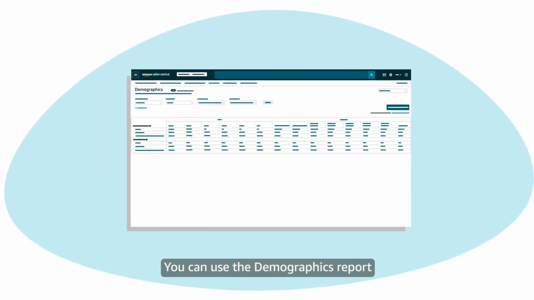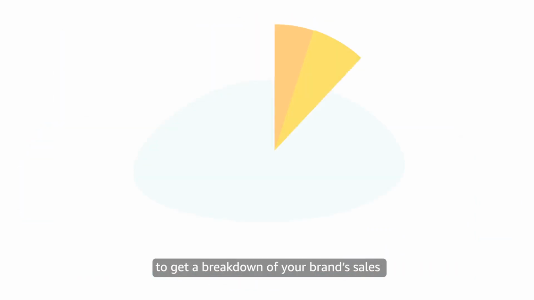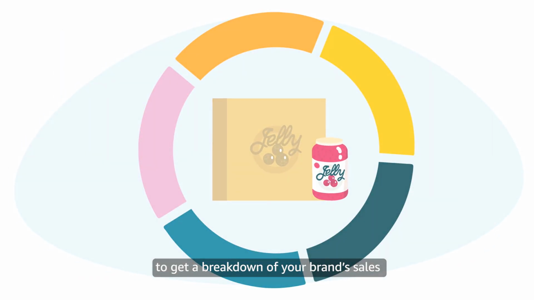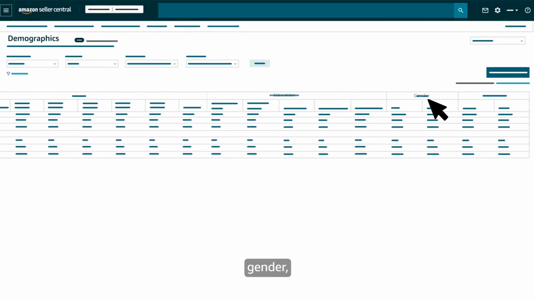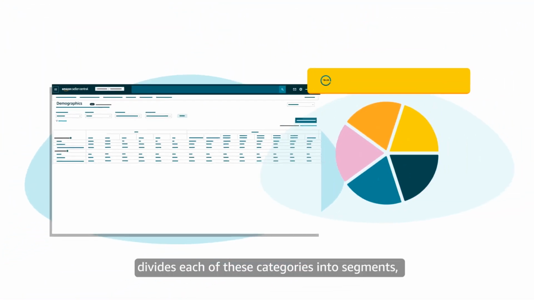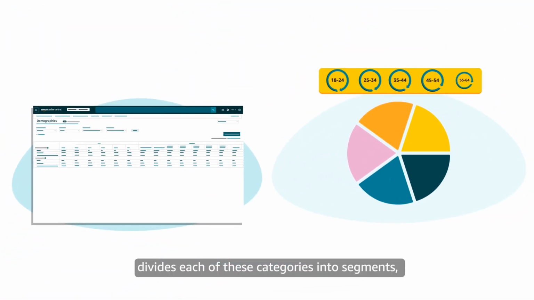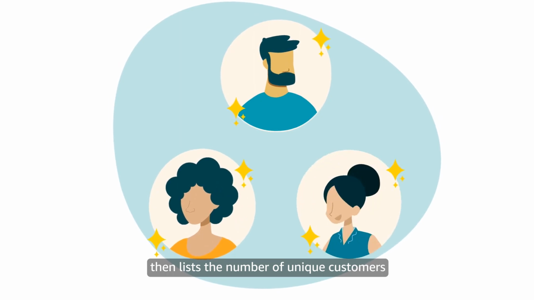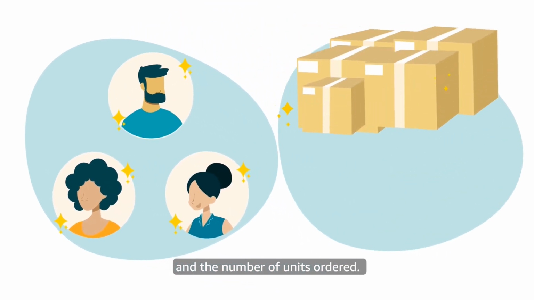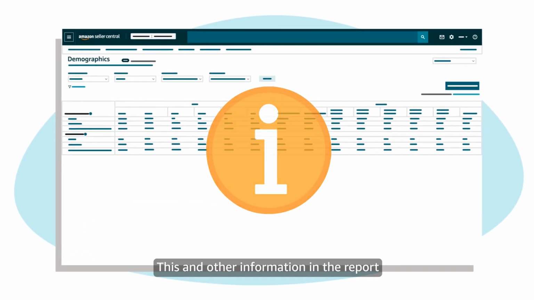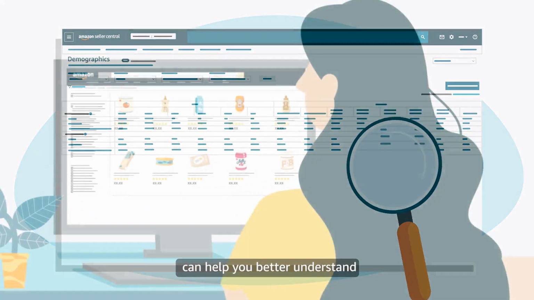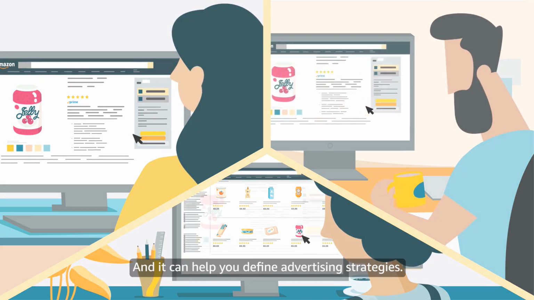products. You can use the Demographics report to get a breakdown of your brand sales by customer age, income, education, gender, and marital status. The report divides each of these categories into segments, then lists the number of unique customers and the number of units ordered. This and other information in the report can help you better understand who's buying your products, and it can help